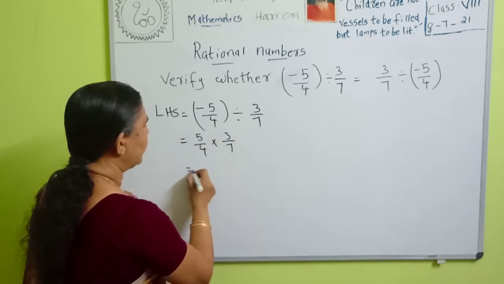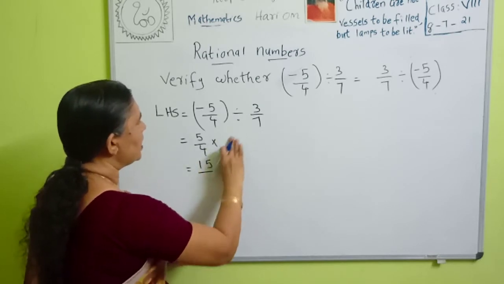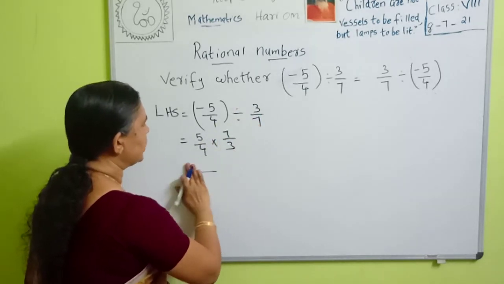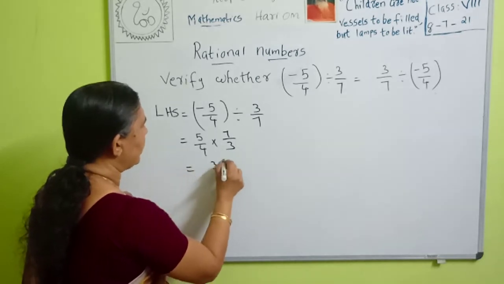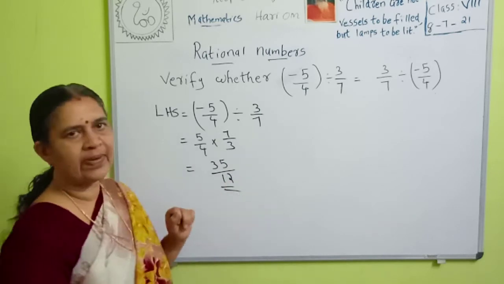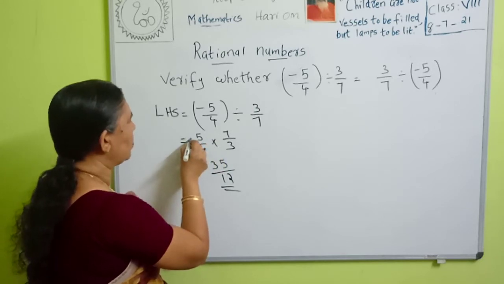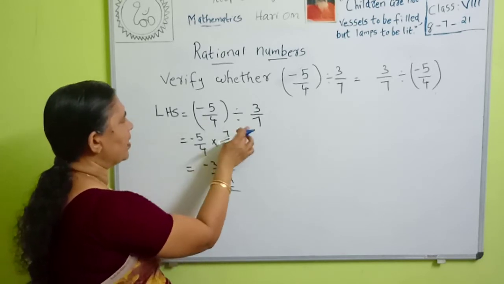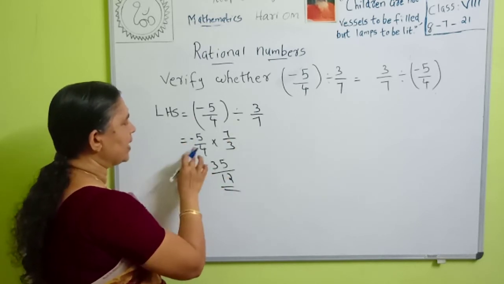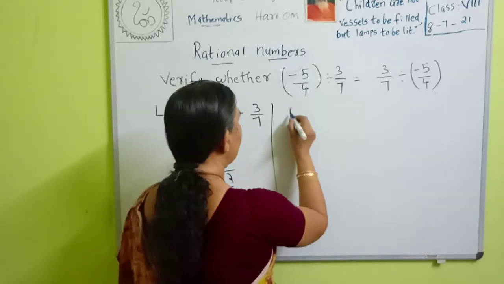So minus 5/4 divided by 3/7 is equal to minus 5/4 into the reciprocal of 3/7, which is 7/3. Here there is a minus sign also. So that is equal to minus 35/12. Then what is the RHS? RHS is equal to